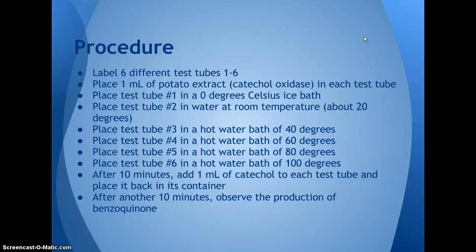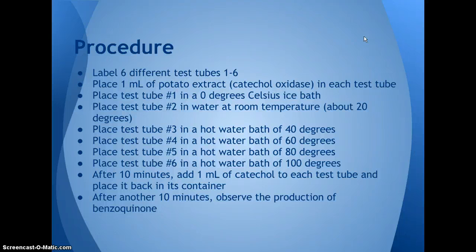So we placed test tube number 1 in an ice bath at as close as we could get to 0 degrees. We placed test tube number 2 in water at room temperature. Room temperature is about 20 degrees. We placed test tube number 3 in a hot water bath of 40 degrees. We placed test tube number 4 in a hot water bath of 60 degrees. Number 5 in a hot water bath of 80 degrees, and test tube number 6 in a hot water bath